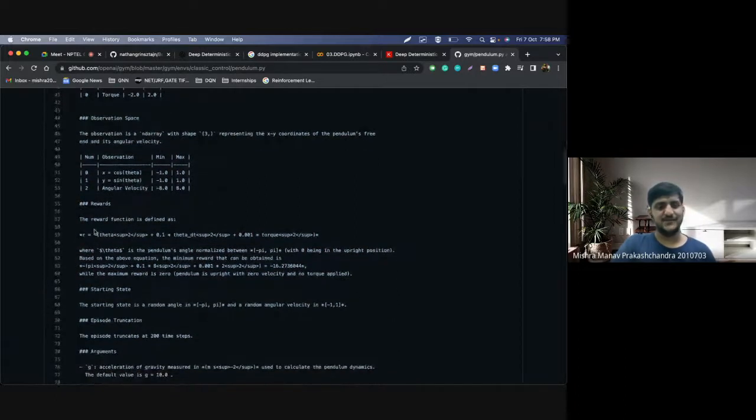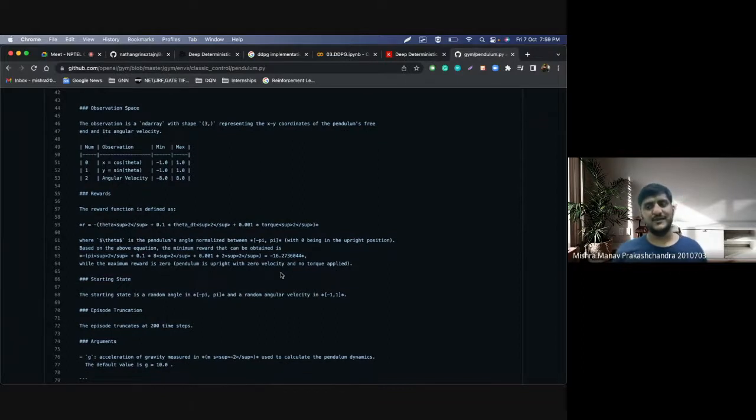This is the reward function: minus theta square, minus 0.1 theta dot square, minus 0.001 torque square, right? Here theta is normalized or wrapped between minus pi and plus pi. Theta 0 is the angle when it is in the upright position, so that's why minus theta square makes sense.